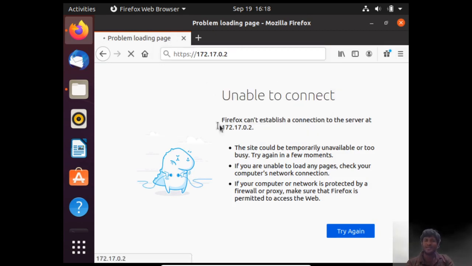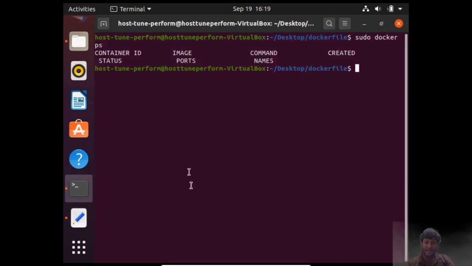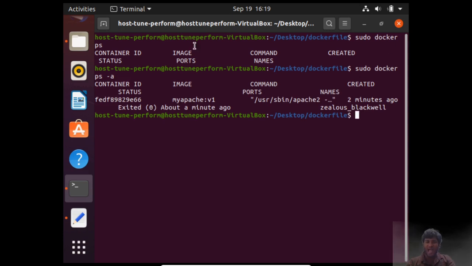So it was using the cache. Now if I hit enter over here, it will say unable to connect because this particular container has been stopped. I will just say dash a after sudo docker ps. It shows me all the containers, not only the running instances. So we have a single container which has this ID, and which exited 2 minutes back.